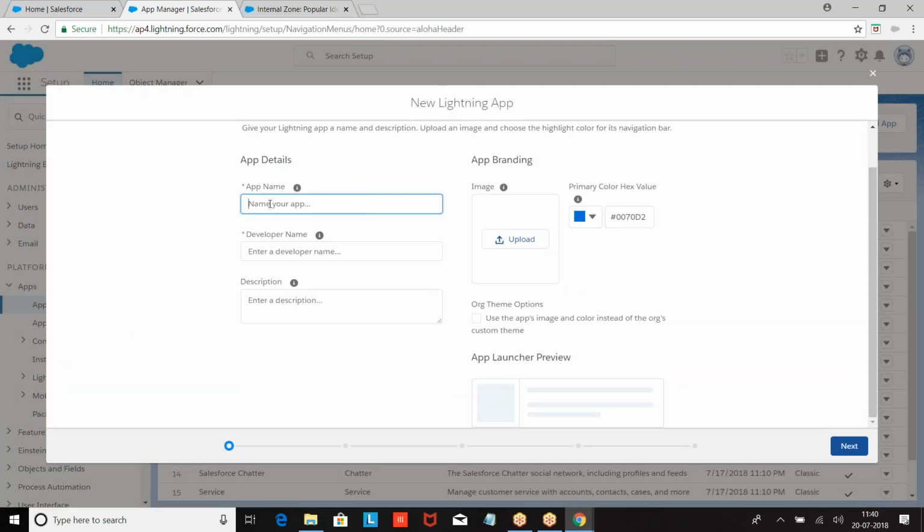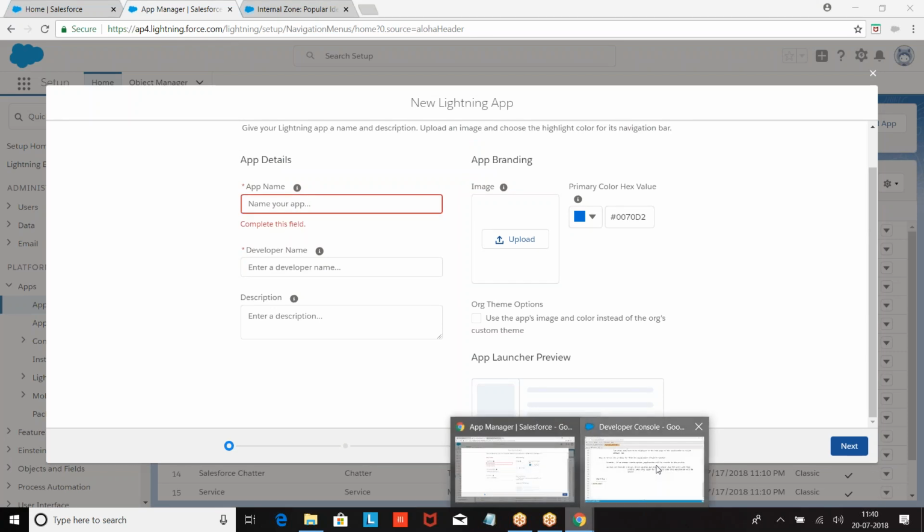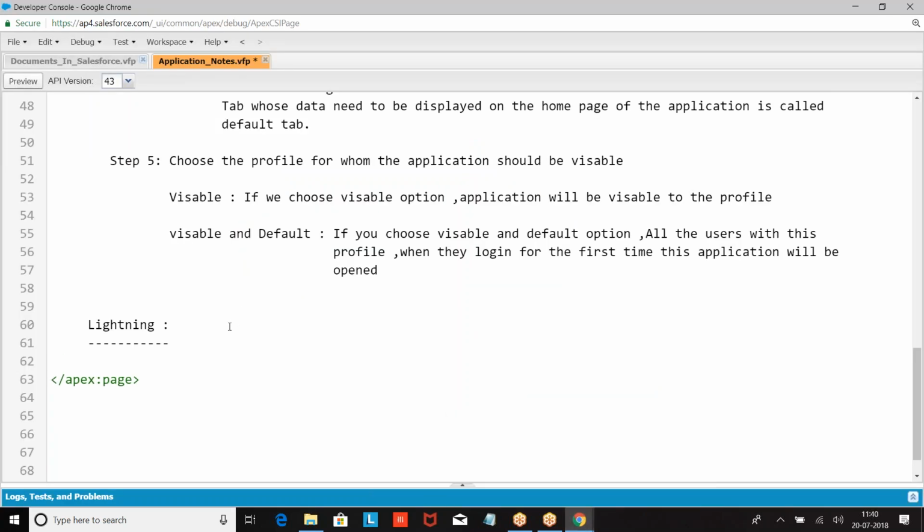No, they're asking for the application name. Let me give the navigation till here first. What is the navigation?